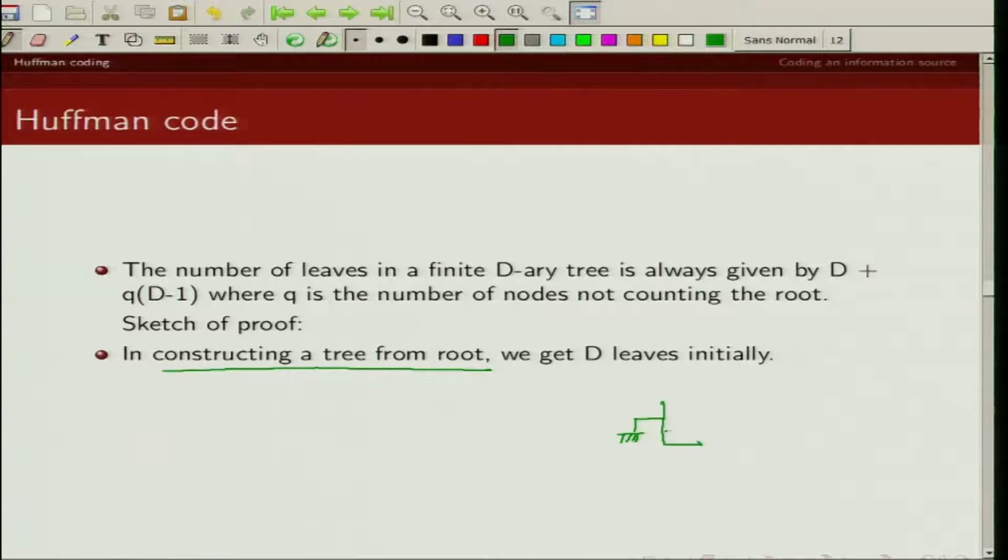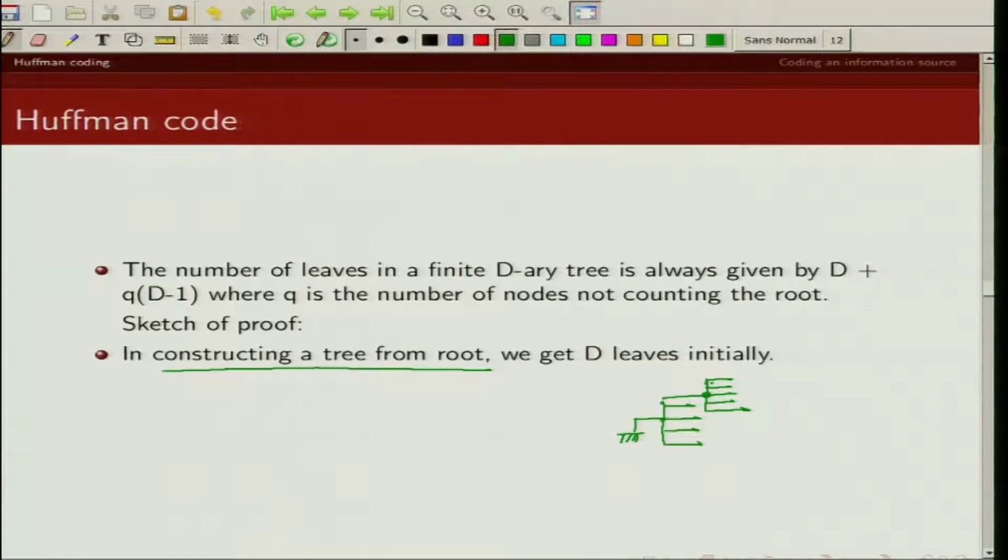If you are constructing a tree from a root, initially you are going to have D leaves starting from this root. Next, if you try to extend any of the leaves, you are going to create D new leaves, but in the process this leaf which was earlier a leaf has now become a node.